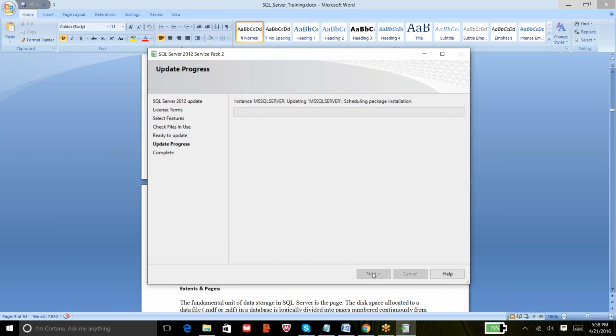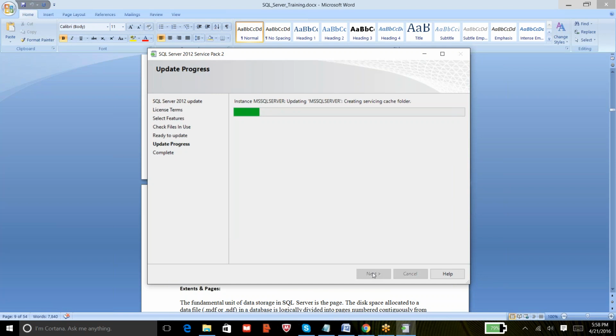But as a rule, remember that before you apply service packs, or any major changes on your system, it is always best to take a backup of your database. It is because once you apply a service pack, most of the things will get changed. All the binaries will be updated. Maybe some applications which were working before might not work after applying the service pack.